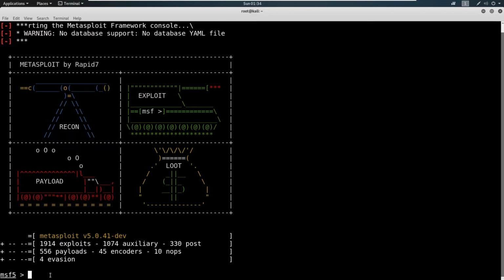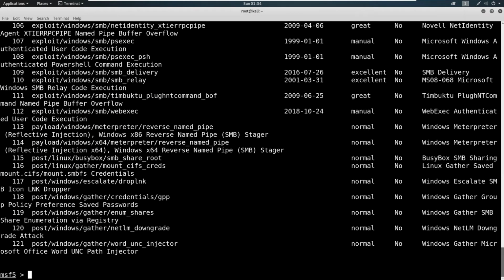So we're going to go ahead and just search for SMB here, and I'm going to do this the terrible way. We're just going to search SMB, and you can see that there's 121 results. Now that's going to be quite a pain to sift through. But what we're after, and say we didn't know much, but we're trying to see if, hey, maybe Metasploit has some modules, I don't know, for SMB enumeration? Well, we know auxiliary modules are enumeration. And we can look right here in the front